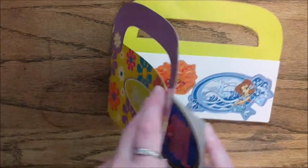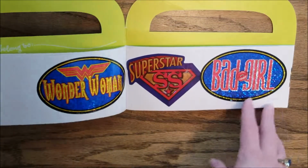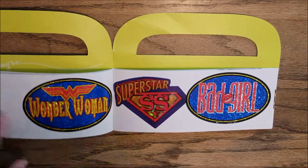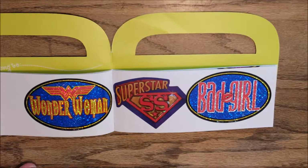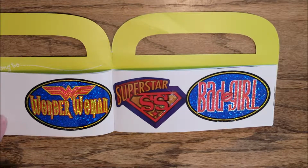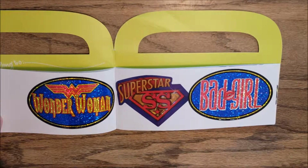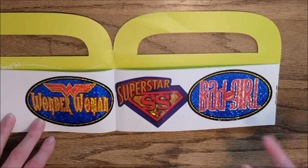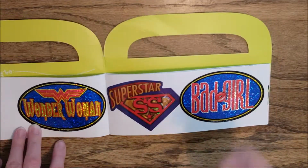And then we start to get into, like I said, those ridiculous supermarket stickers where you go to the vending machine and sometimes it's 50 cents or 75 cents or even $1. You don't know what you're going to get. And it's very 90s, all these different, you know, kind of girl power,